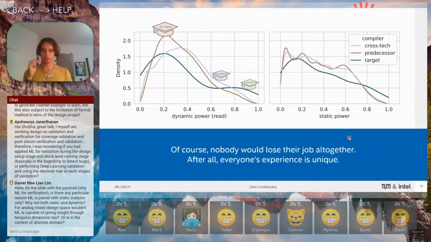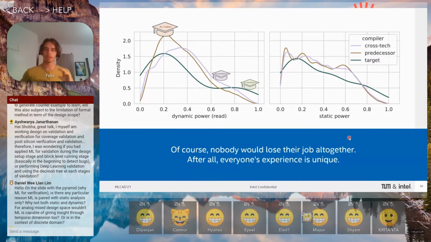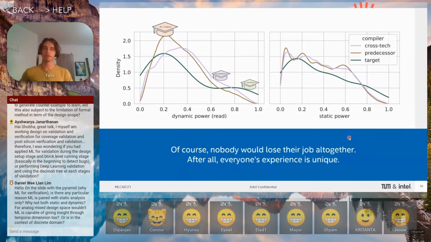Of course, nobody would lose their job altogether. After all, everyone's experience is unique. What this is trying to tell you is that while we expect that there's a benefit of transferring parameters, we don't expect that just transferring the parameters from the previous version is enough to attain sufficient accuracy on the target domain. And what we see here are distribution plots, kind of smoothed histograms